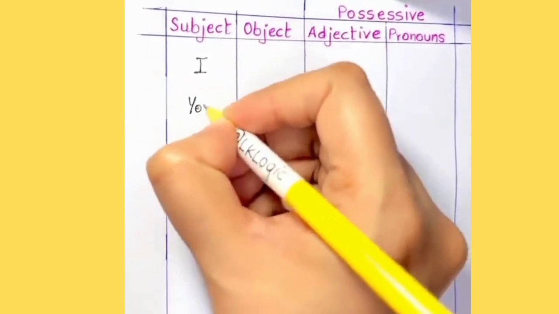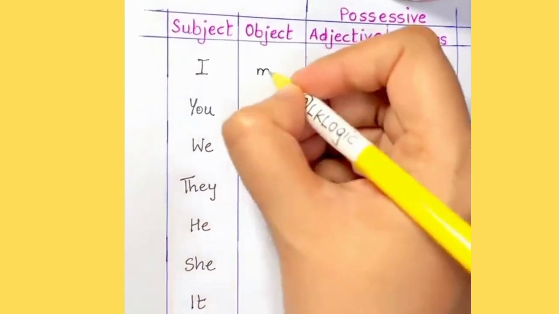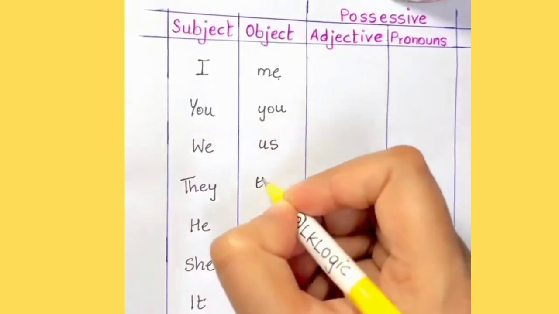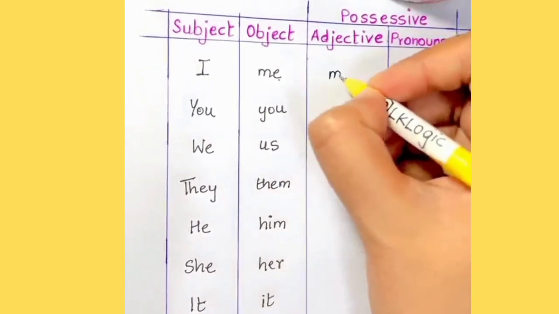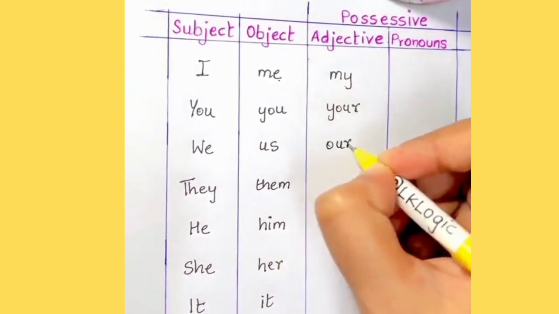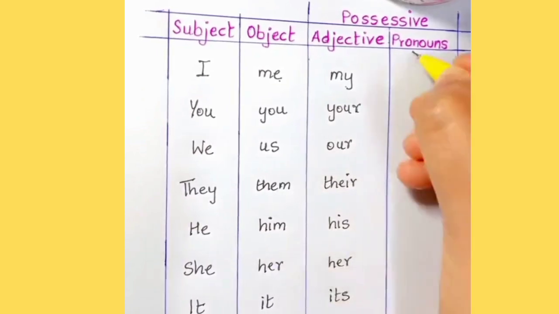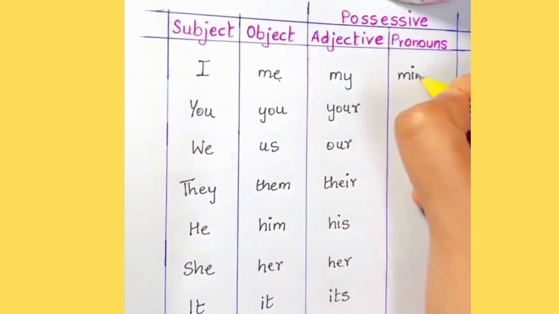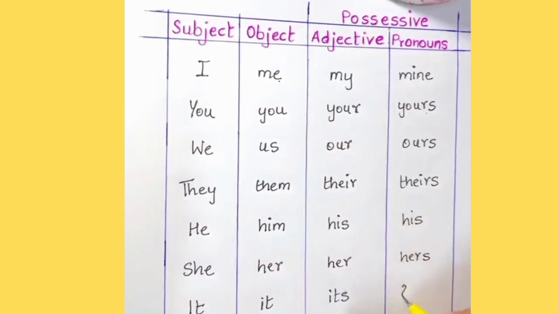Subject: I, you, we, they, he, she, it. Object: me, you, us, them, him, her, it. Adjective: my, your, our, their, his, her, its. Pronouns: mine, yours, ours, theirs, his, hers,